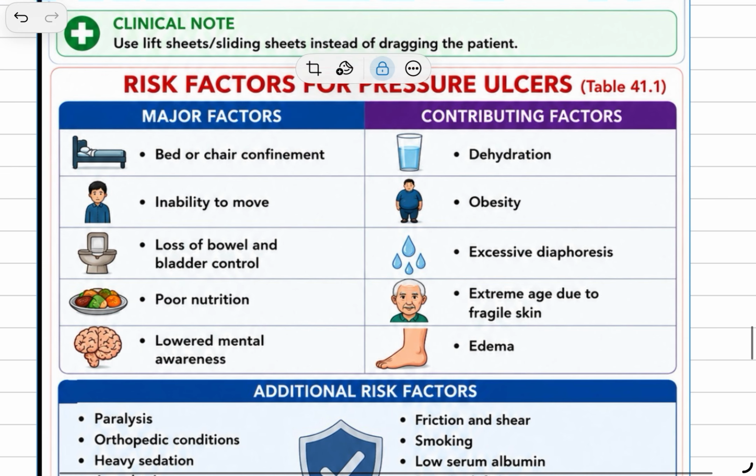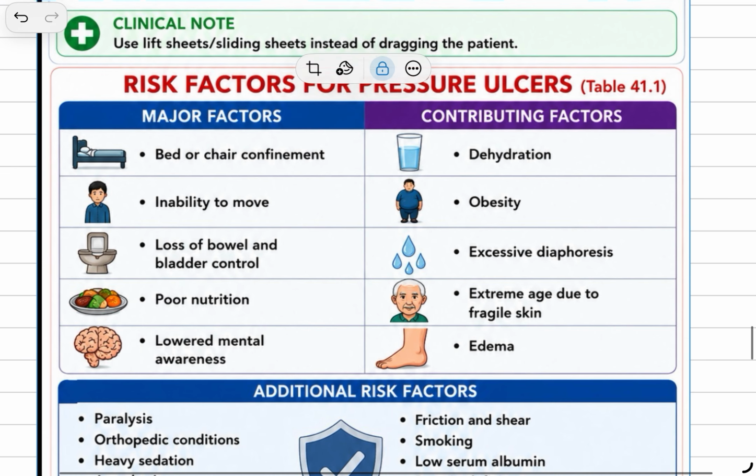If they are more obese, there is more risk to get a pressure ulcer. Excessive diaphoresis, excessive sweat, urine, fecal matter, these are all contaminated moisture. That will make what? That will make a risk for the pressure ulcer. Clear? Contaminated moisture is different, healthy moisture is different. Healthy moisture we need to create inside the wound, that is different, I will tell you in the treatment.